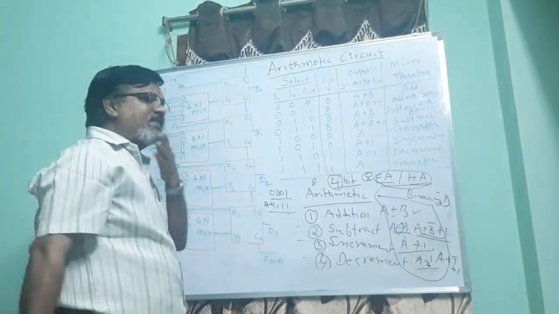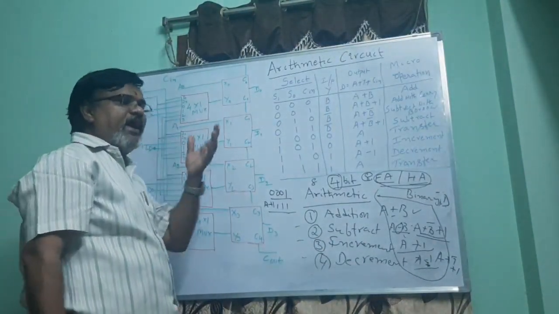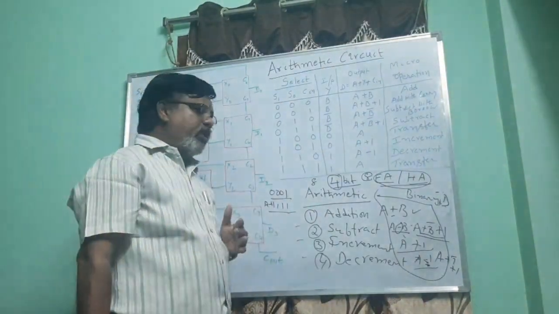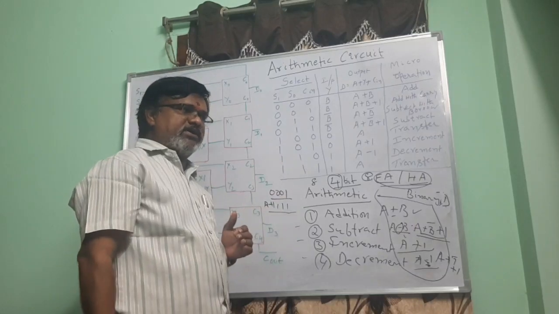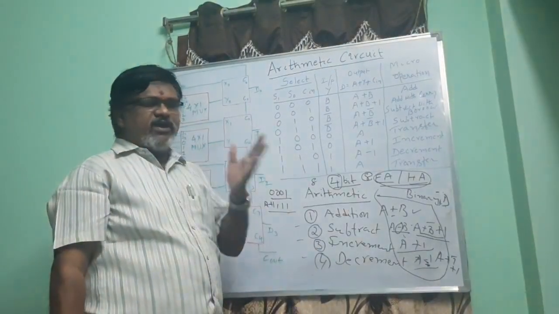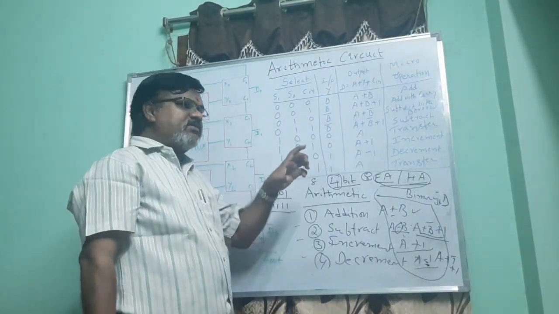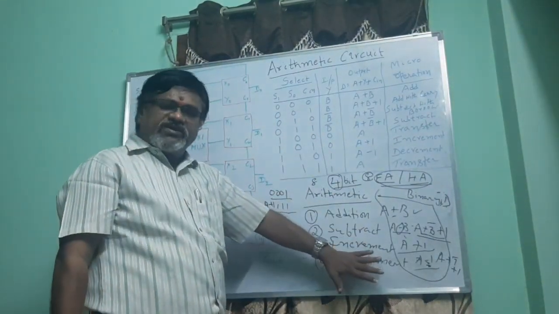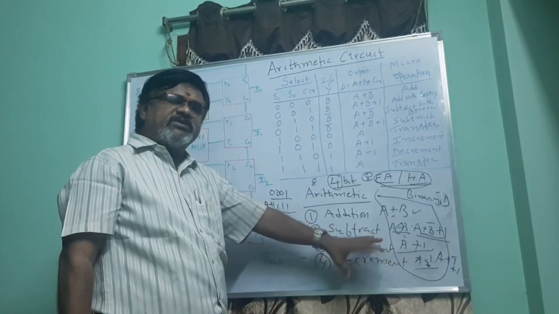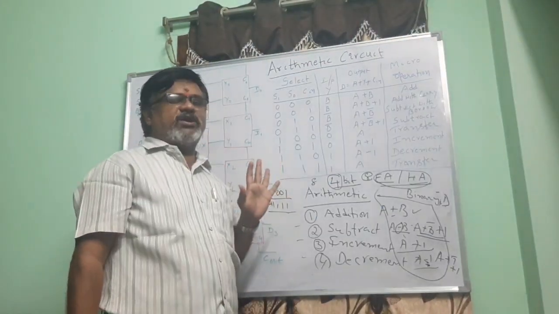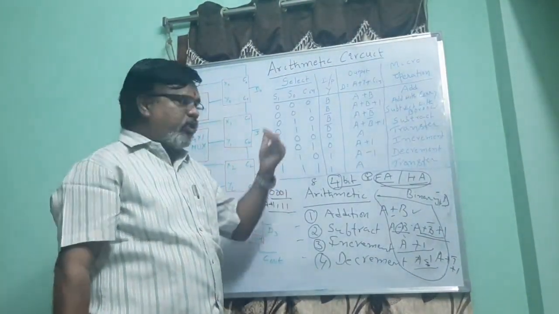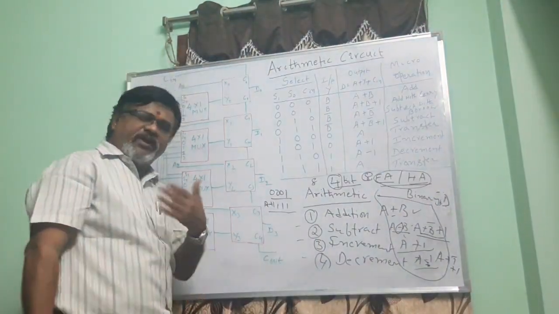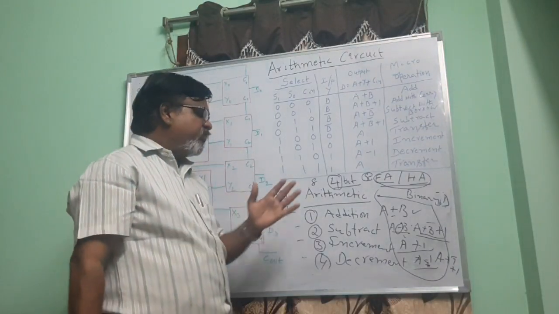But when you come to the arithmetic logic unit, like the ALU, where the AU is able to perform all the arithmetic operations and the LU performs logical operations, our question is whether that arithmetic unit contains 4 different circuits for performing 4 operations, or only one circuit. And today's explanation is based on the answer to that question. I am repeating the question again for your sake.